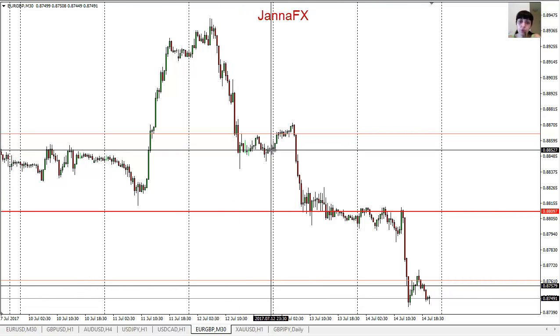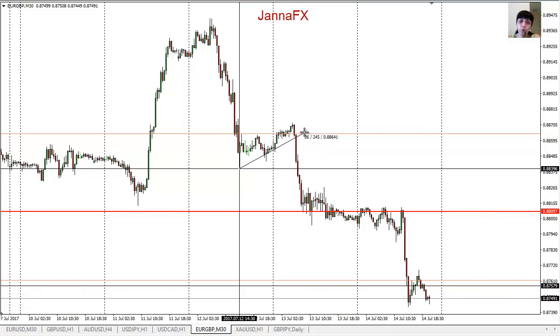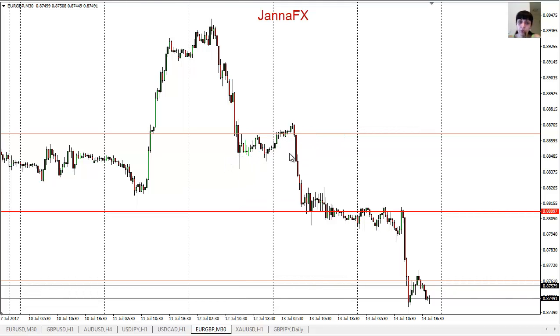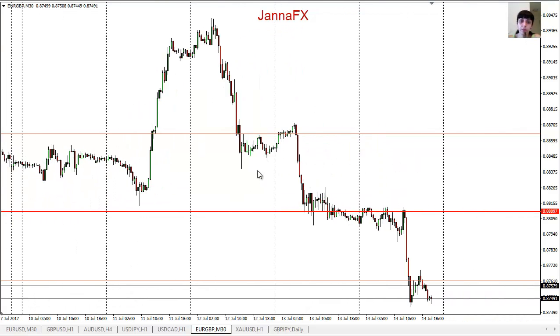But because it was straight then, and then it went up a little bit, I didn't like it. So if it would be, for example, going like this, I would prefer this would be not a wing, but a candle for me. Then I would go for the trade. Otherwise, because of that wing, because it was straight, I didn't go. Just spending a little bit more time on explaining to you why some trades I'm going for, some trades I don't go for. Even though it was around quite an important level,